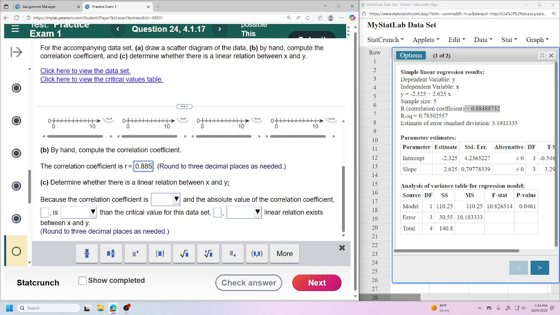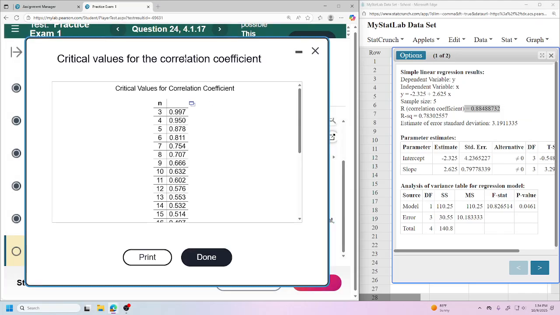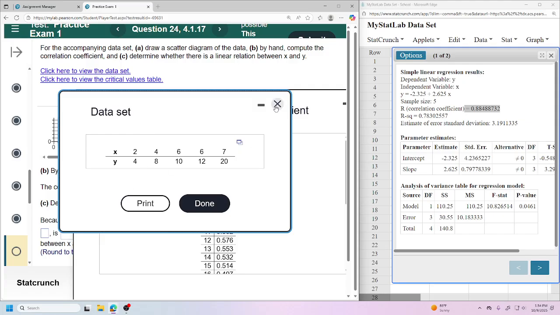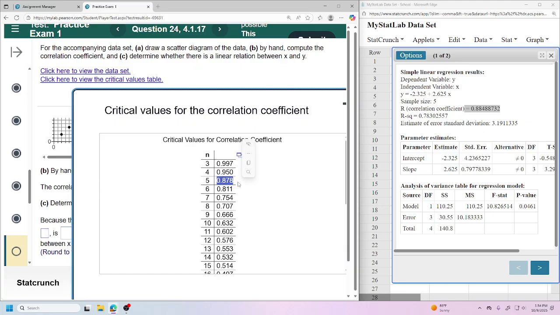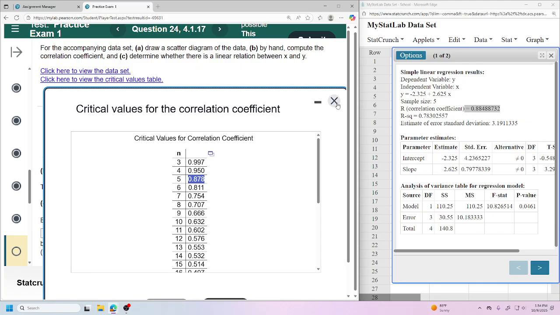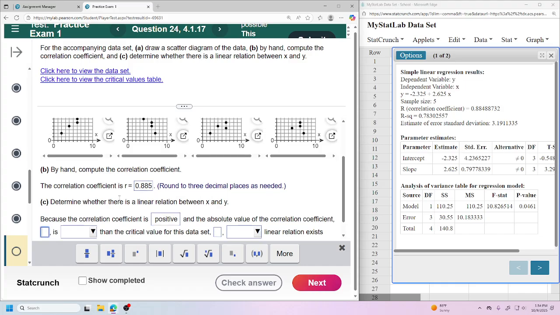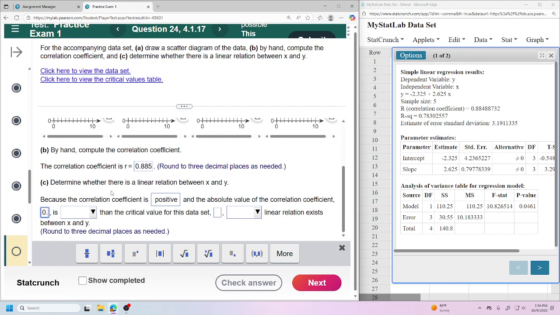885, 3 decimals. And 88 is pretty good. So they say, hey, you need to go and check this stuff here. And we have, I think it was five data points. So we're going right here. They're saying you need an 87. Did I make at least an 87? I did. I make an 88. That's good. So because it is, I have a positive. That's a positive number right here, right? And they say the absolute value, they're just meaning it's the same thing here. 3 decimals, same number.